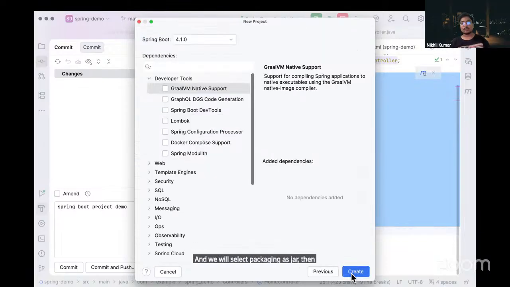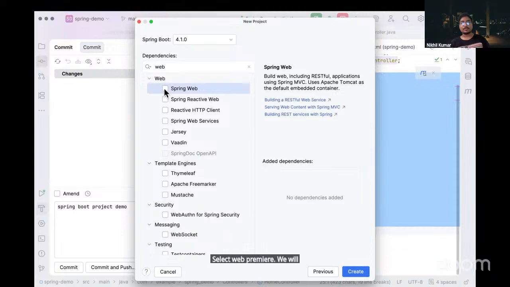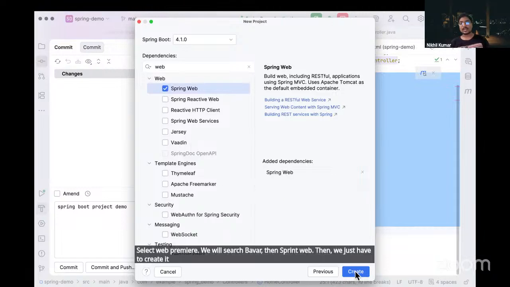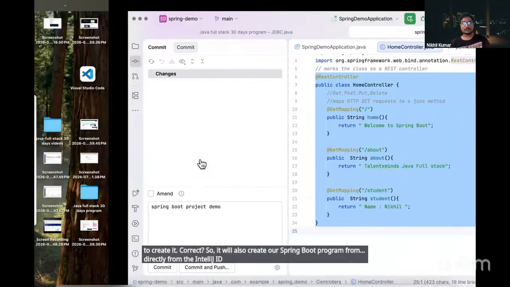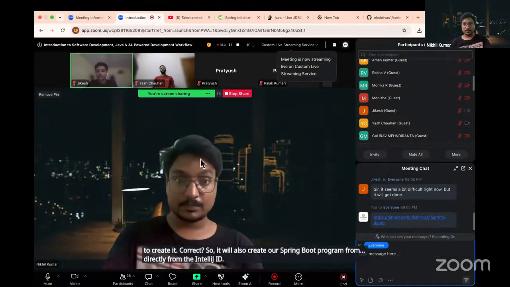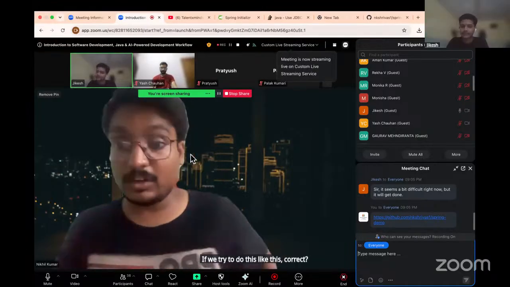Then we go to the next, and select Web from here. We will search Web here, then Spring Web. Then we just have to create it, correct? So it will also create our Spring Boot program directly from the IntelliJ IDE. Is it easy if we do it like this, correct? Yes. We can do it like this as well.